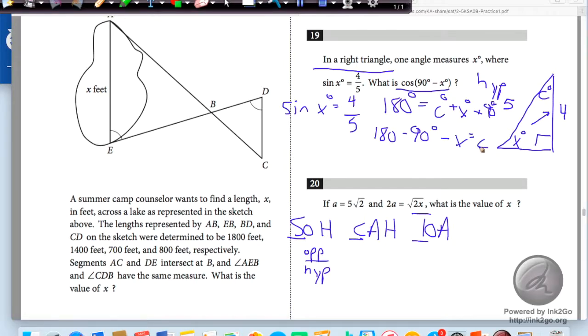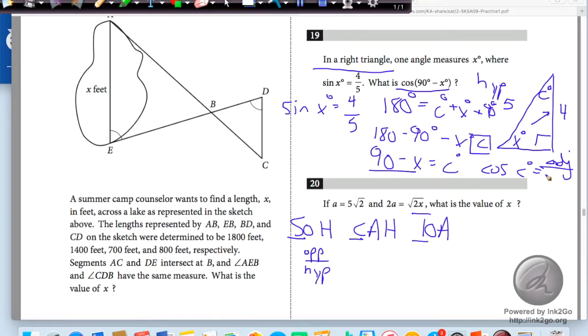x equals C. This is really what I'm looking for because I want to see how this is related to the rest of the triangle. And my hint is the fact that they're subtracting this x as well as a 90 degrees. That's my hint of why I'm trying to figure out this other angle. So here I have 90 minus x equals C. Well, look at that. That means that this here is the actual angle that I'm looking for in terms of C. So if I have cosine of C, cosine of angle C, this means that I'm going to have